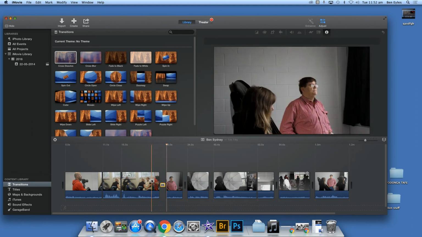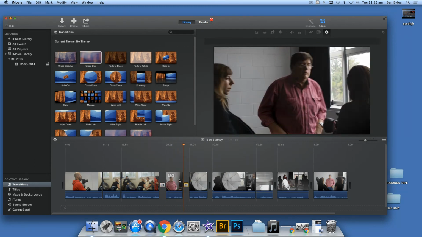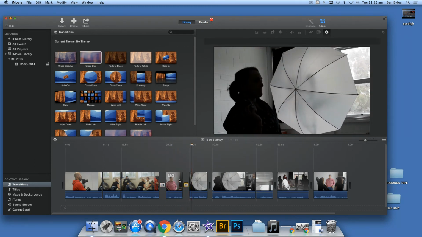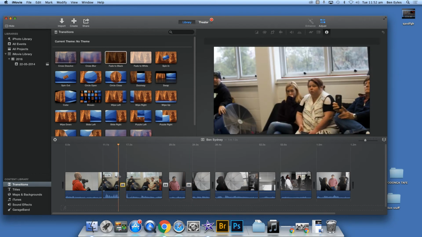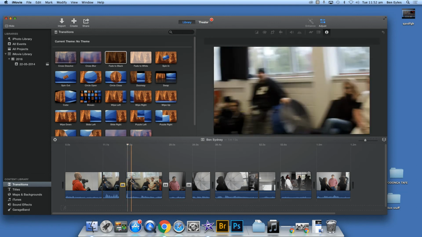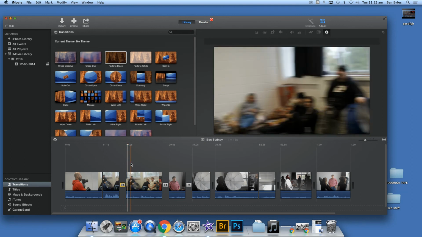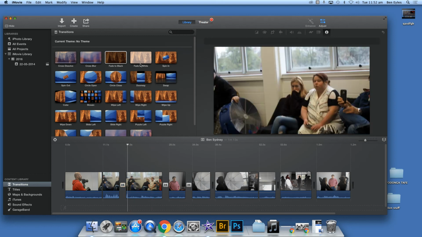So that's that, one fades out, one fades in. Cross blur, it's kind of cool. Fade to black's usually a pretty standard one. Like if you want to hide your cuts, if there's changing questions in an interview, things like that, fade to black's good. Fade to white kind of reminds me of